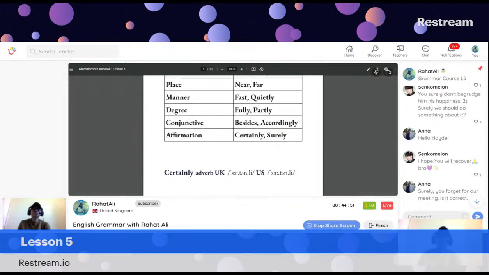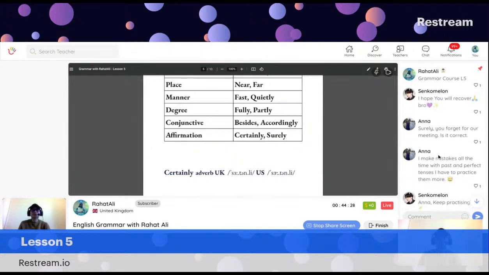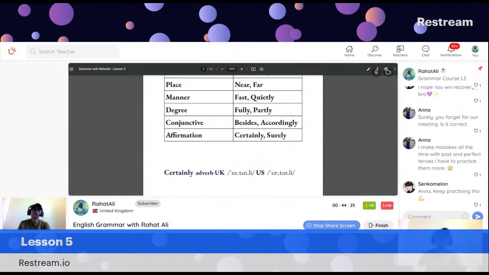Once again, if you remember, I explained it many times. Once again, I'm explaining because British English or British pronunciation is non-rhotic. We don't pronounce R in most cases, especially when the R is in the middle or at the end. But at the beginning of any sound, we must pronounce it. That's why it is called non-rhotic English. Whereas American English is rhotic, where R must be pronounced. So they will say certainly with the R, whereas in British English we will say certainly without it. R is missing. Okay, I make mistakes all the time.